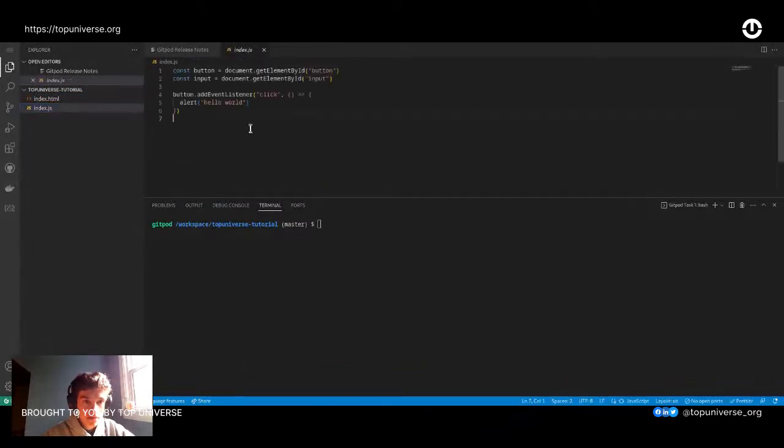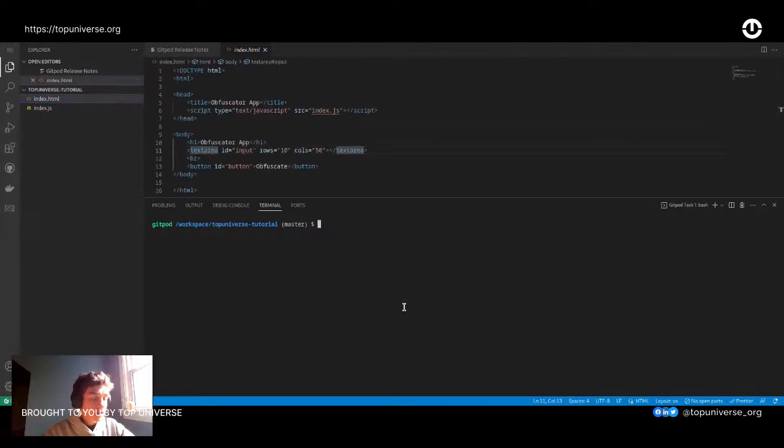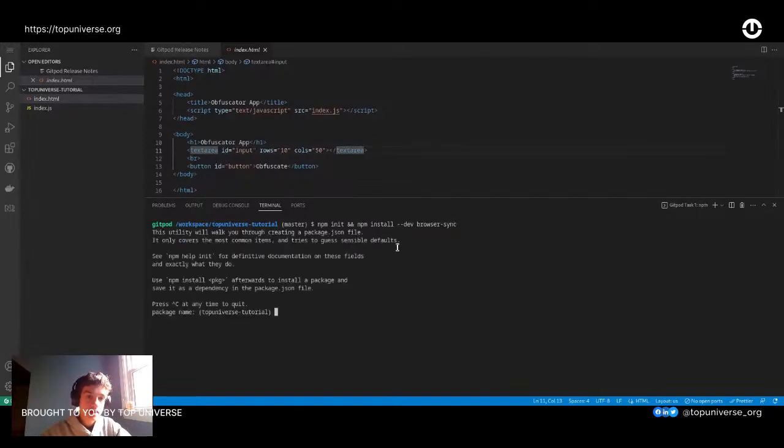And then I have a basic JavaScript file. What I'm going to do is make this an npm repository. That's what npm init does. And then I'm going to install a package. So an npm repository makes